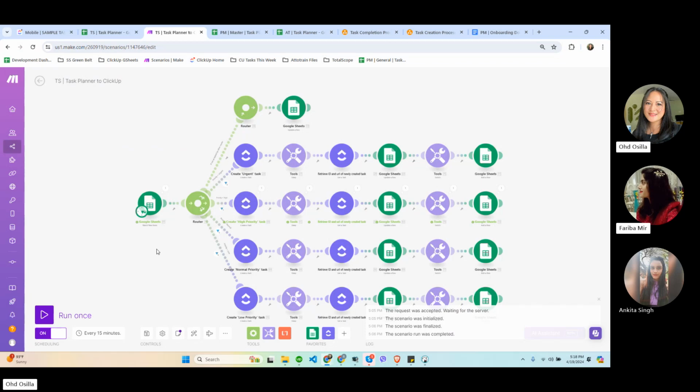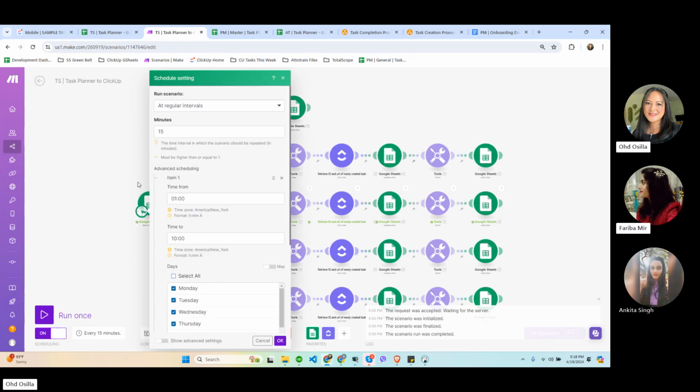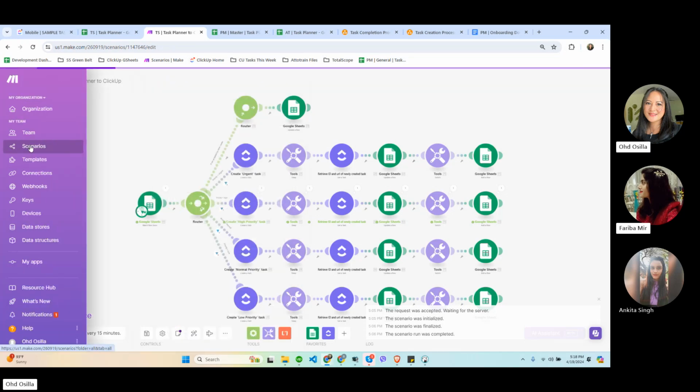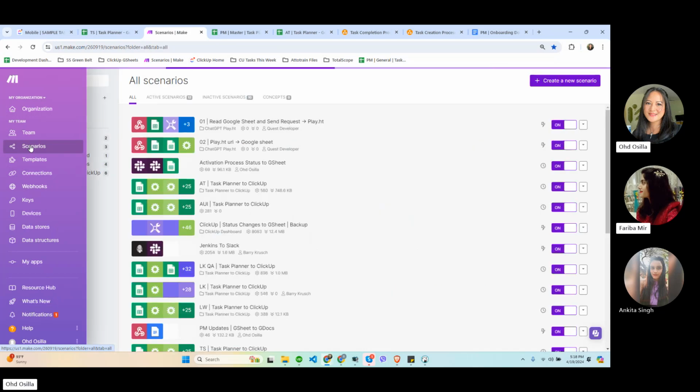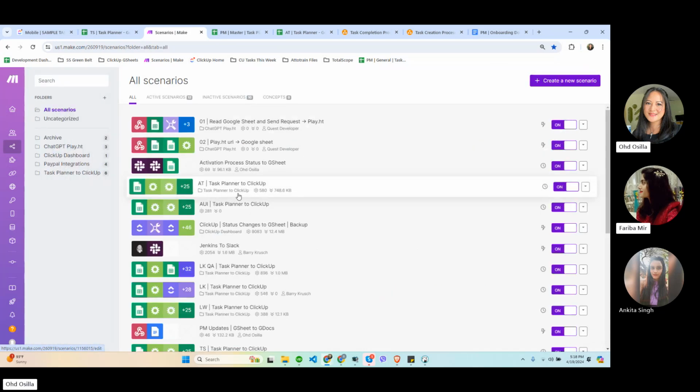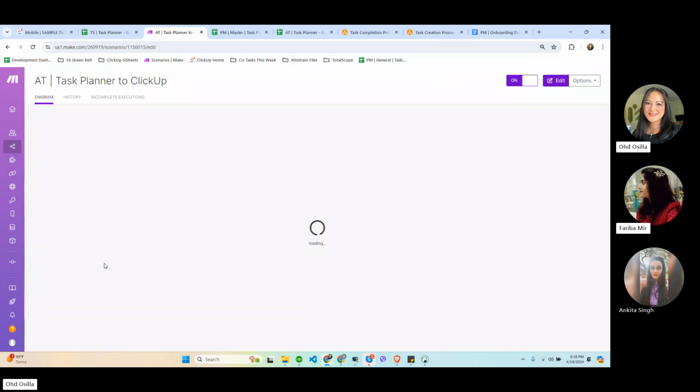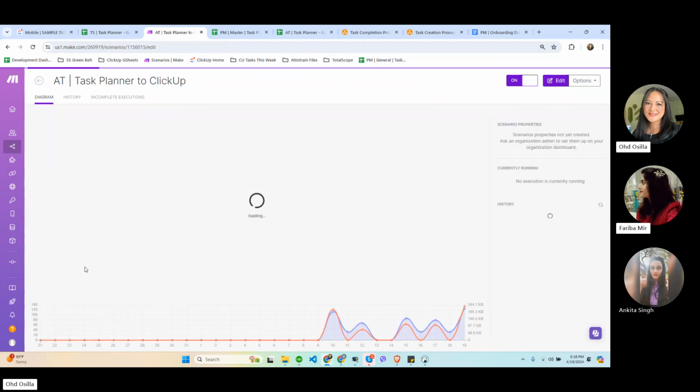So this will also be automated, right? Yes, this is automated. We have different scenarios for each project. So AutoTrain also has the scenario running on a schedule.